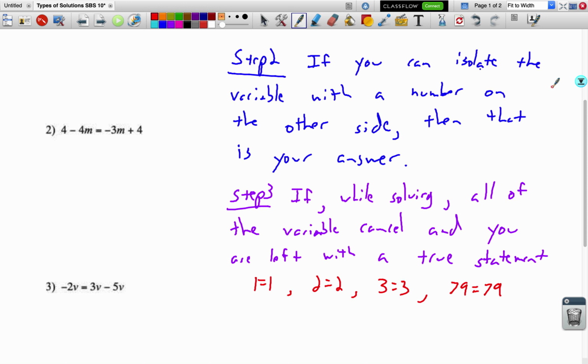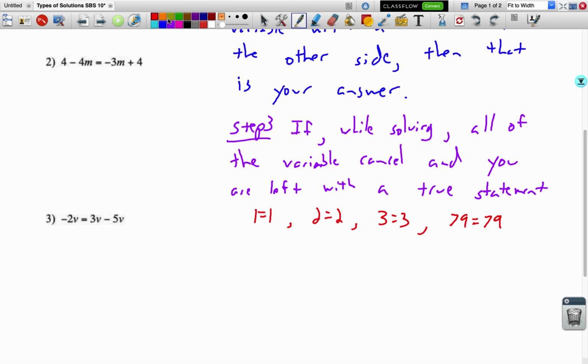If, while solving, all the variables cancel and you're left with a true statement, like a balanced equation with the same number on both sides,